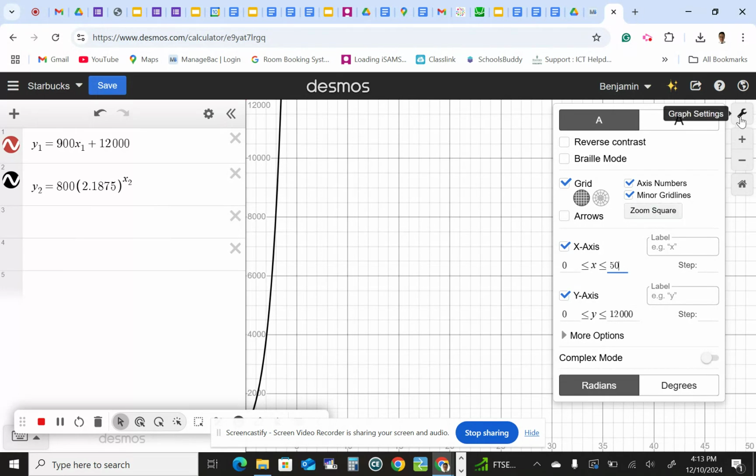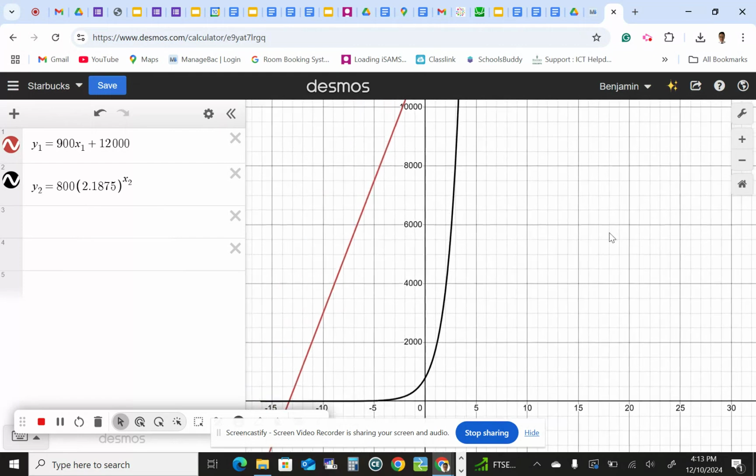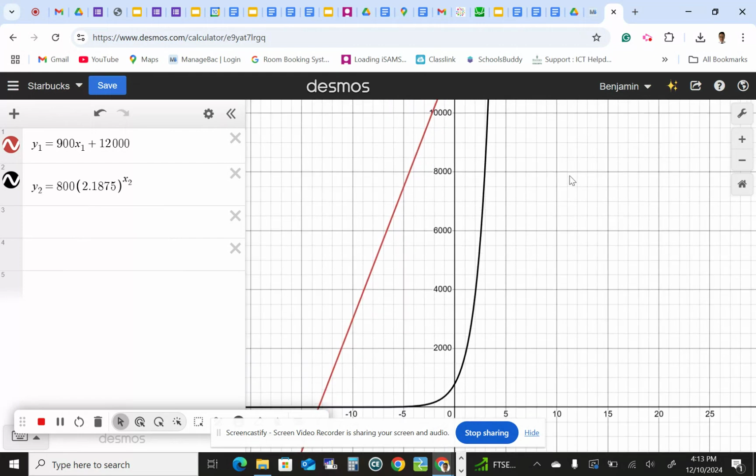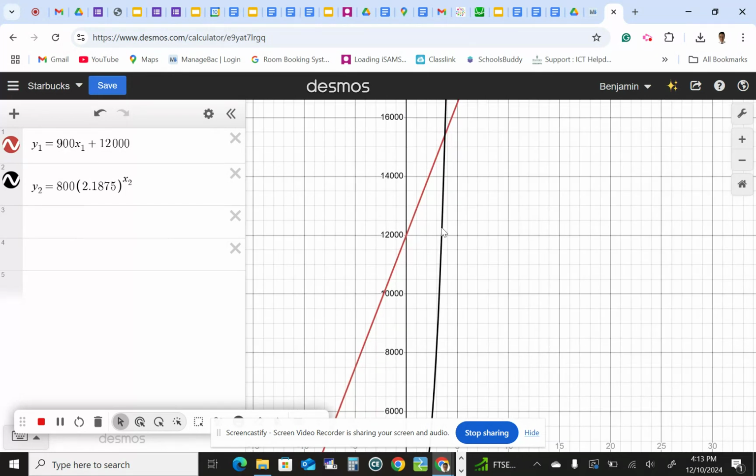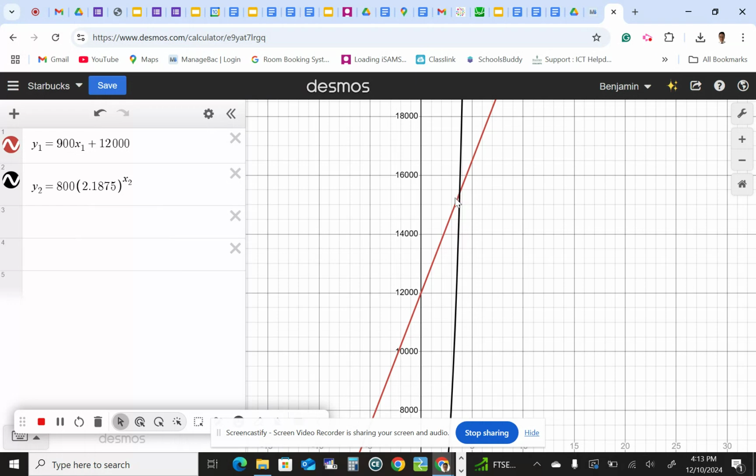We can always click on this little spanner here that says graph settings, and you should be able to tweak the values for the x and y axis. Having said that, the red one is the straight line, and the black curve is the exponential graph. If you want to analyze the graph, you probably see that the graphs intersect at this region. Some of you were asking, can I actually find the intersection point of the graph? Do I really have to